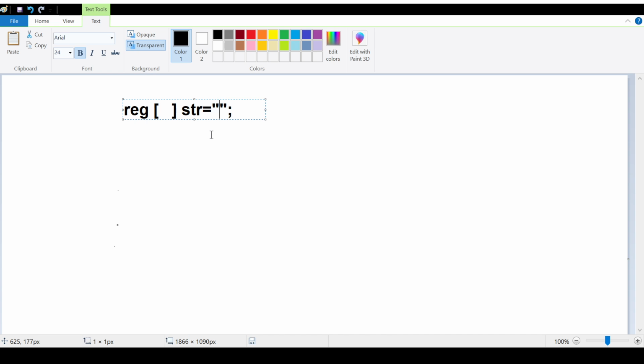For example, if I say "Verilog is good", we need to count the characters: 1 2 3 4, including the space, 5 6 7 8 9 10 11 12 13 14 and 15. So this width will be 15